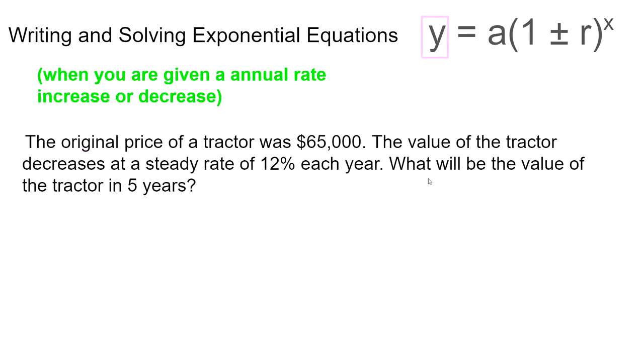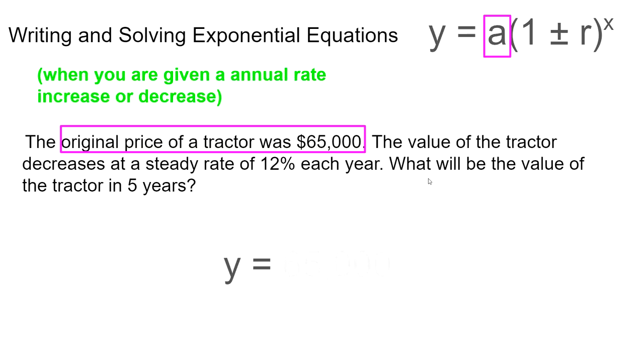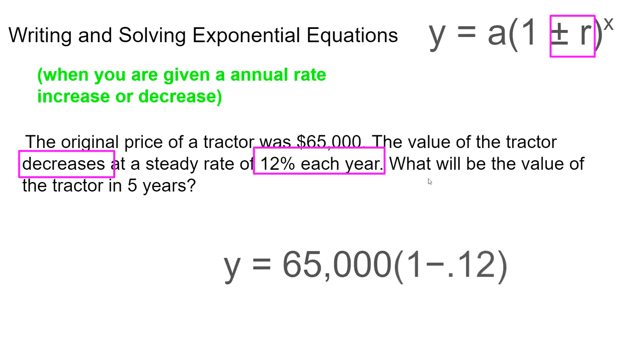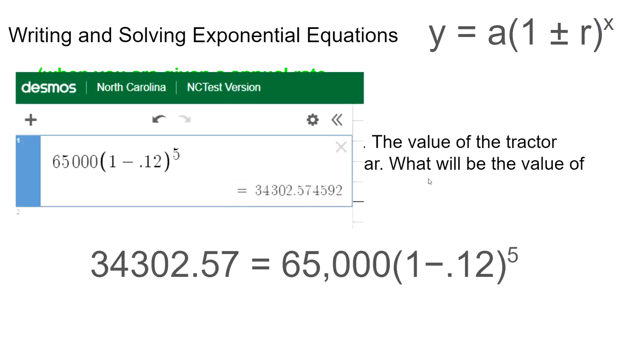So now we're going to start with the ending amount. Well, it says what will the value be later, so that means we don't know the ending amount. It says the original price of the tractor was $65,000. That must be our beginning amount. And then it says the rate, well, that's 12%, but it's decreasing. So we're going to make it negative 0.12, 12 divided by 100, 0.12. And then we're going to add our 1 to it. And so now all we're going to do is figure out how often that's going to happen. Well, it's going to happen every year for 5 years. So that is going to be the exponent right there. And again, if we go to Desmos and type that in, we're going to find out that the value is going to be